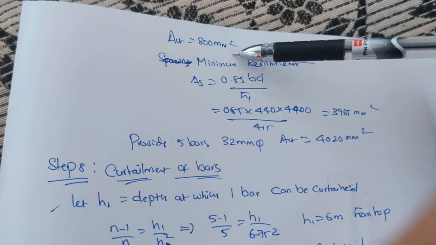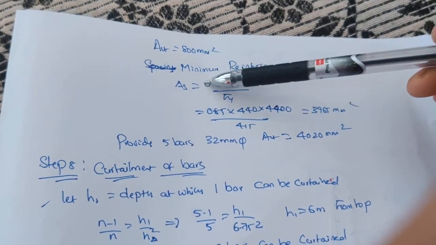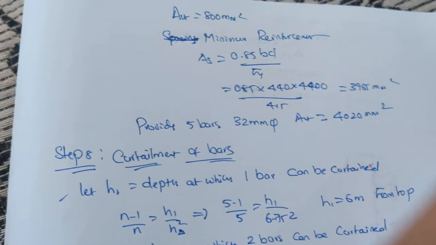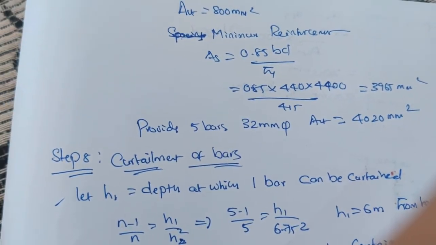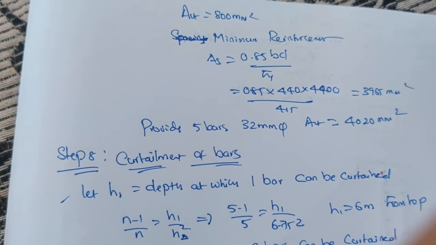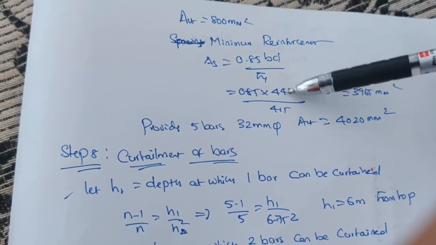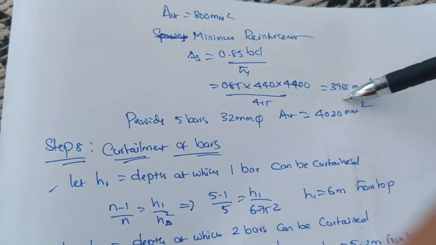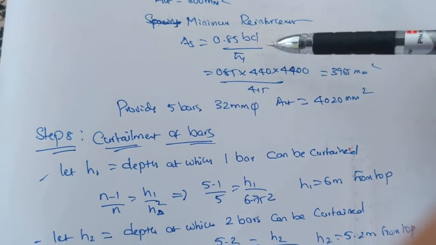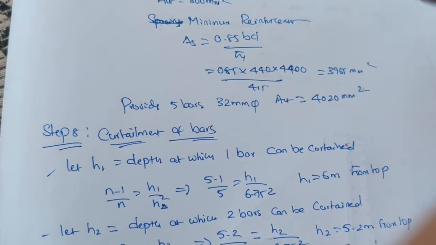So when you find the complete area of the steel reinforcement, for the minimum distribution reinforcement we have a separate formula. No need to multiply with the cross sectional area, because for the counterforts we are not providing a rectangular section. So for minimum reinforcement, small AS is equal to 0.85 BD by Fy. Depending on this, you will provide the minimum bars with the minimum diameter. This one is the AST required, and you provide AST provided here.